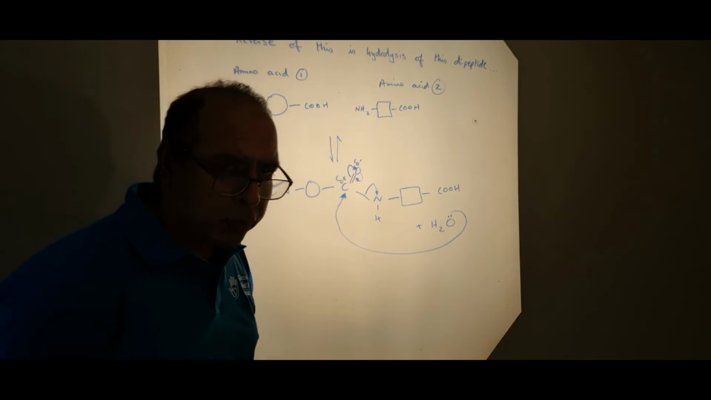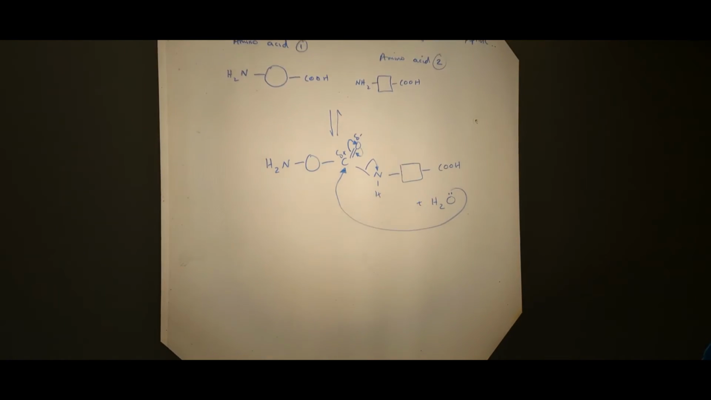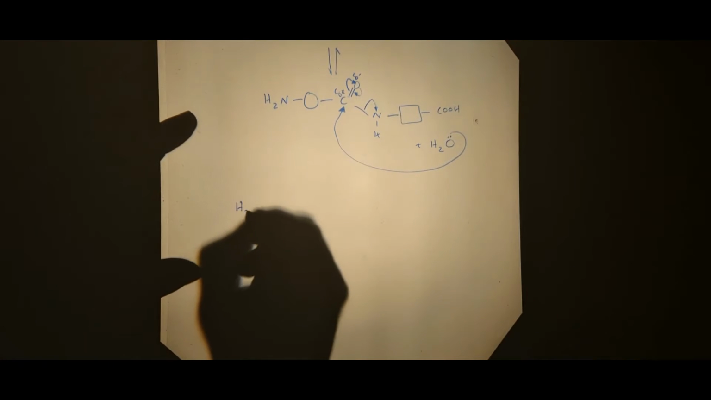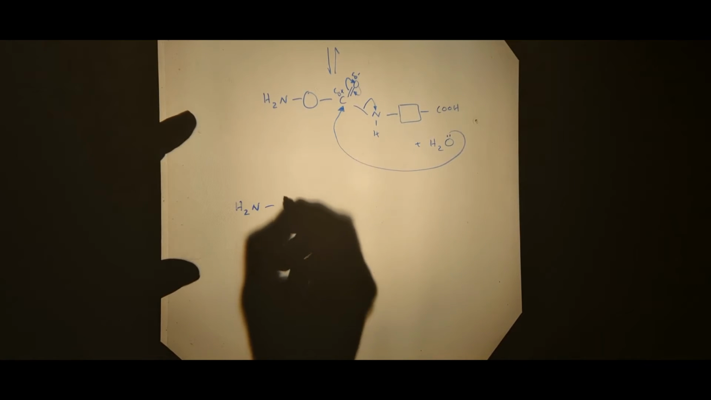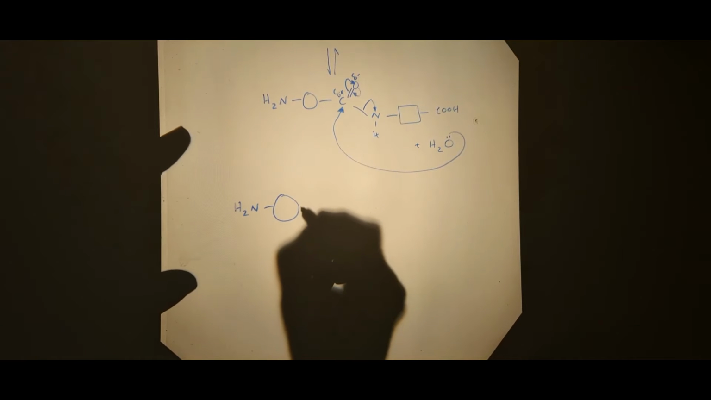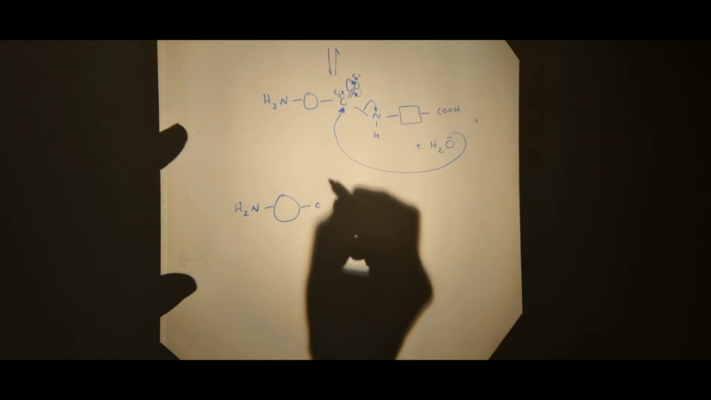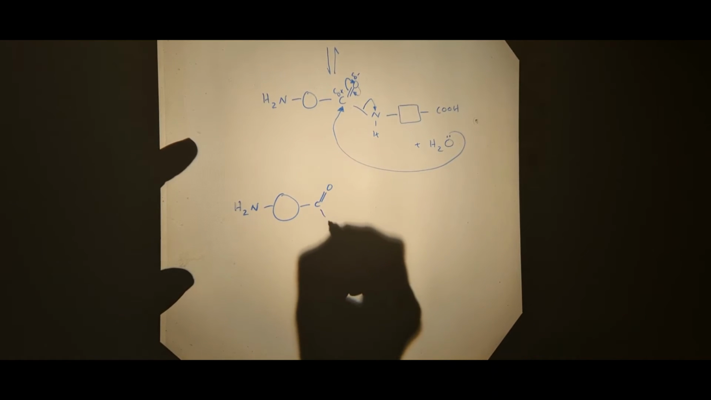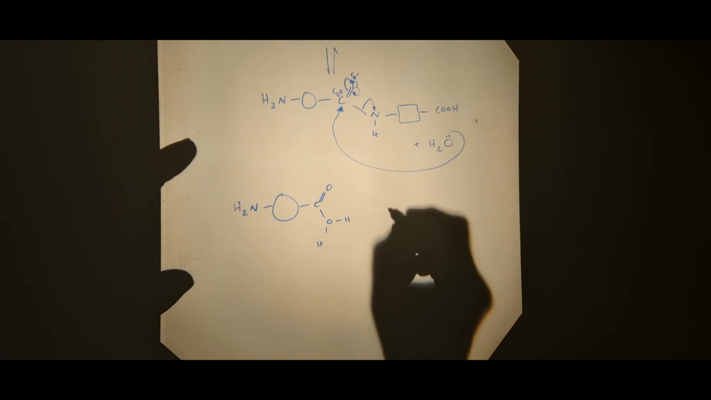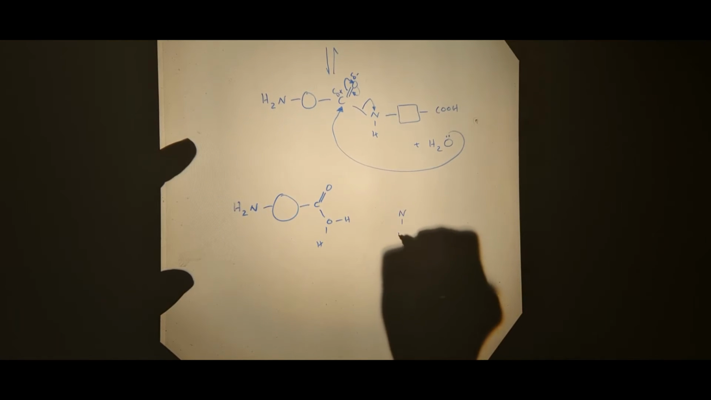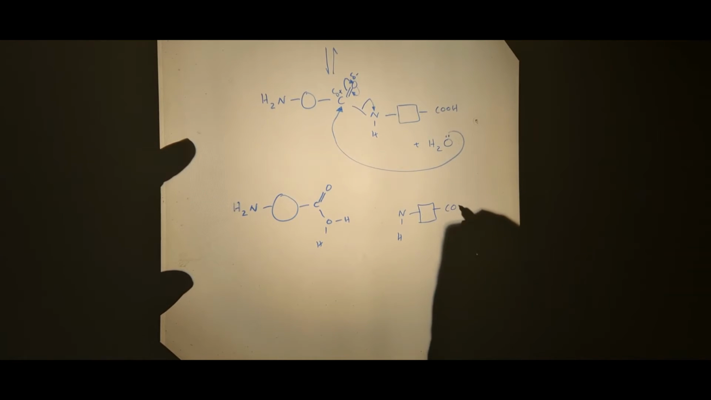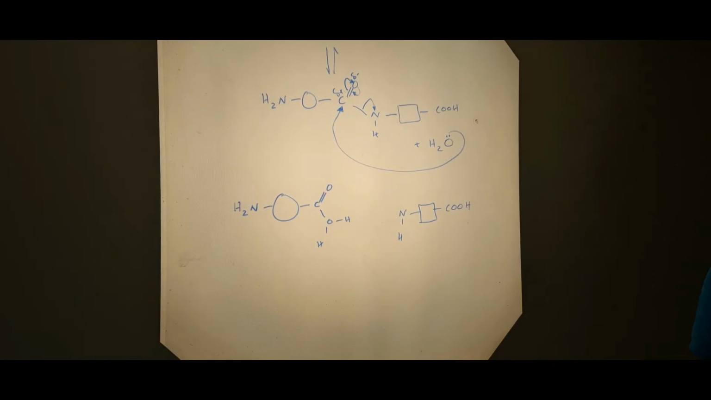Now, when it breaks, what do we get? Well, let me draw you what we get. We're going to get on this side H2N with the rest of the molecule represented by a circle, joined to carbon, and the doubly bonded oxygen has been reformed, but now we've got oxygen, hydrogen, hydrogen, and on this side we've got nitrogen, hydrogen, square with a COOH. Now,